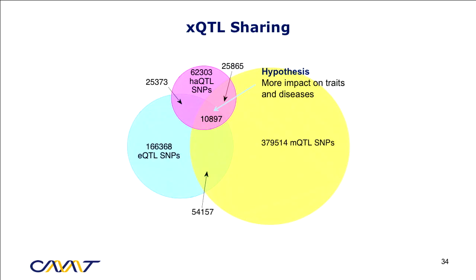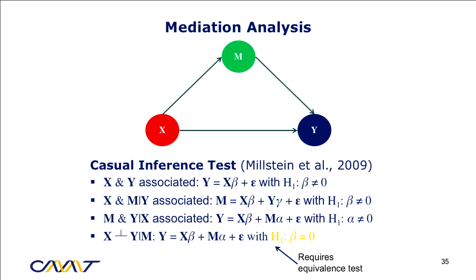All right. And among the XQTL SNPs that were found, so there's several hundred thousands of them, about tens of thousands of them actually affects multiple molecular traits. And these might be particularly important since it affects more things. And in fact, we can take one step further